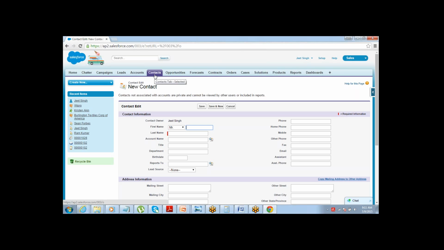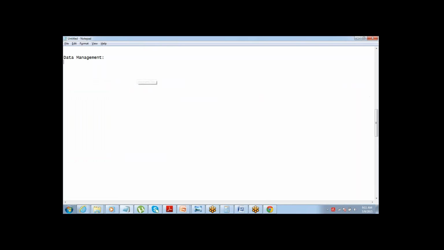kind of need to put all that data into Salesforce. Okay, so if they have given you a list of 5,000 records, you cannot simply sit and do it manually one by one. Okay, that will be way too time consuming. So now we are going to learn how we enter multiple records in one go. Okay, so data management, basically we are going to talk about bulk data operations. Okay, so for this, there is a very simple process that you'll have to follow, which you can easily understand.